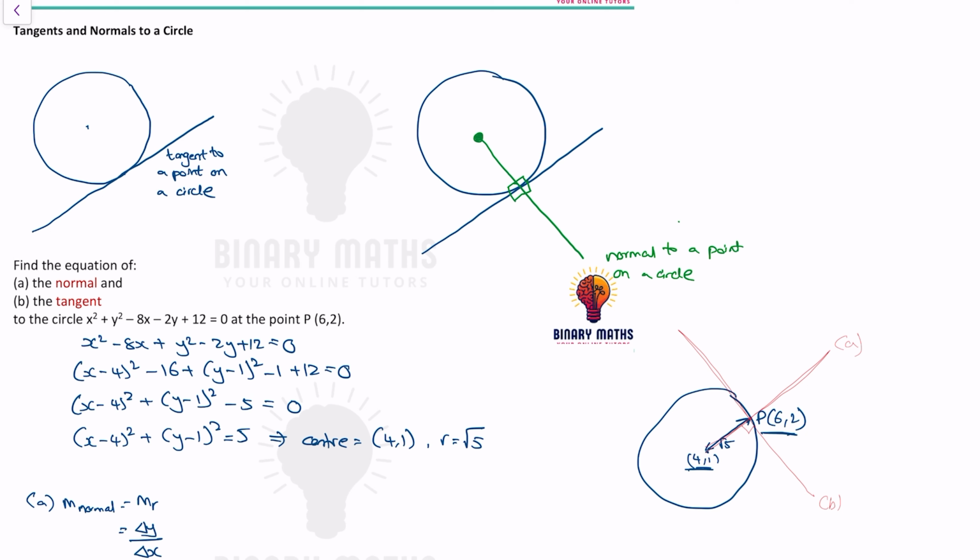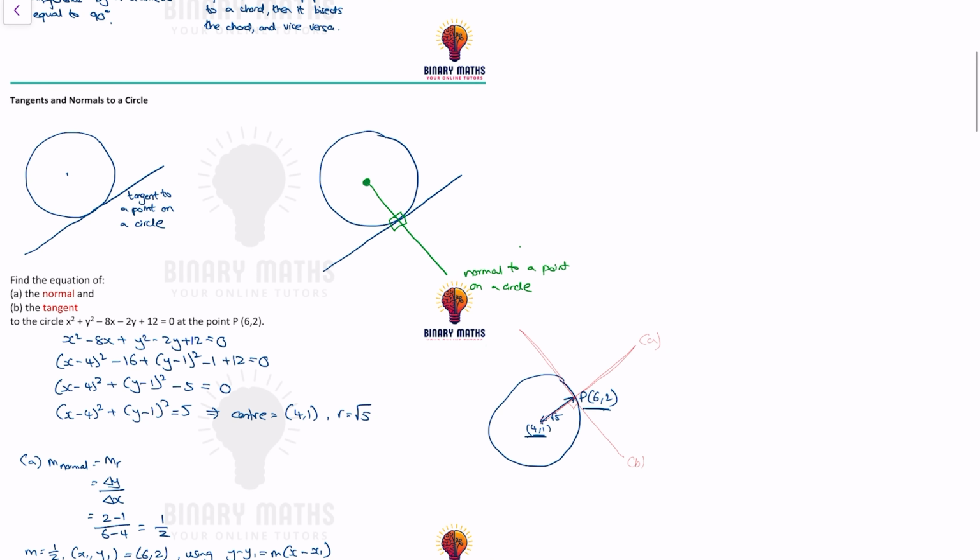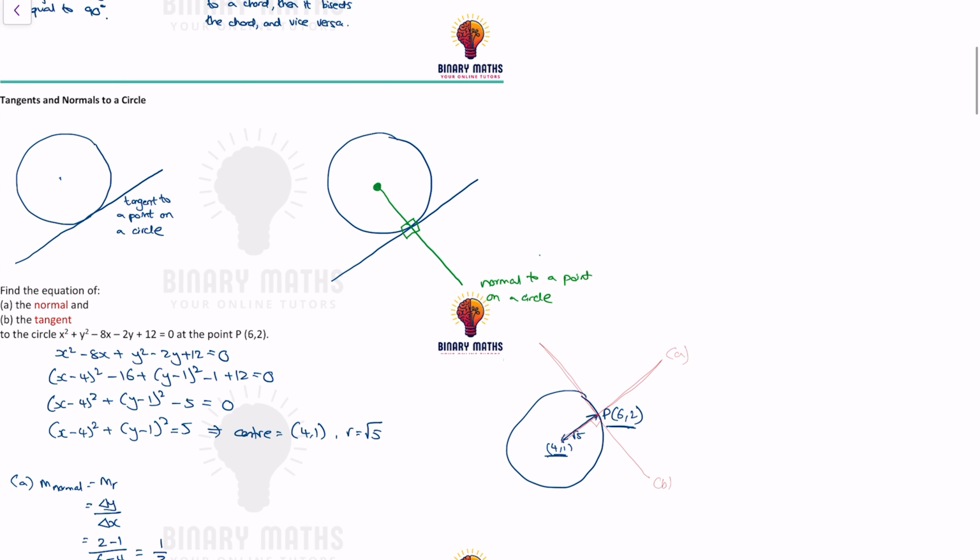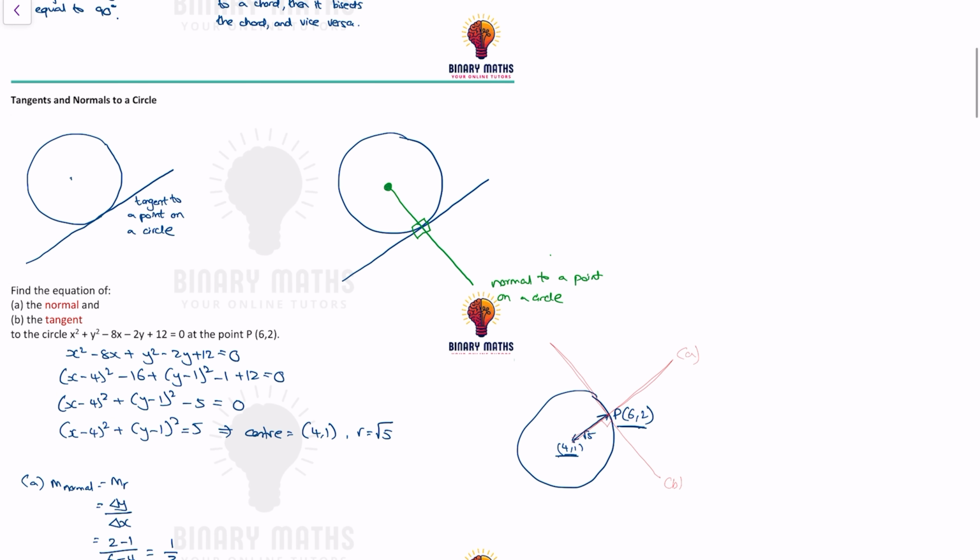Then using y minus y1 is equal to m times x minus x1, I get y minus 2 is equal to half times x minus 6. Okay, so I can just leave it in that form because it didn't ask for a specific form. Okay, for part B,